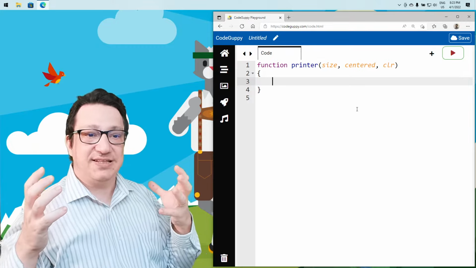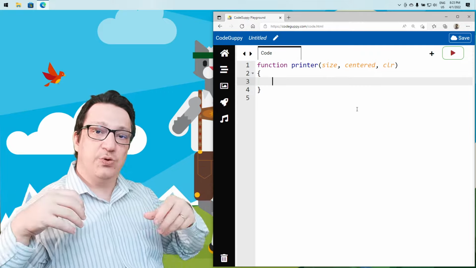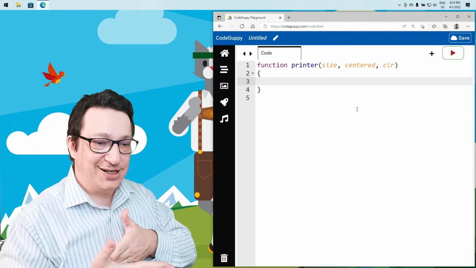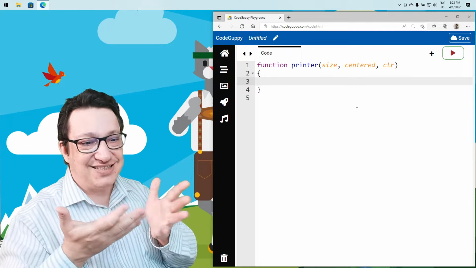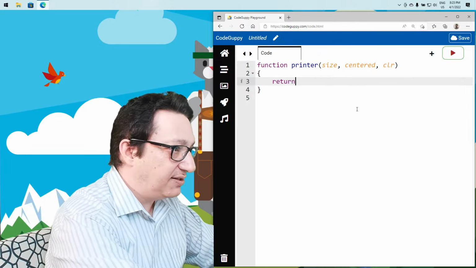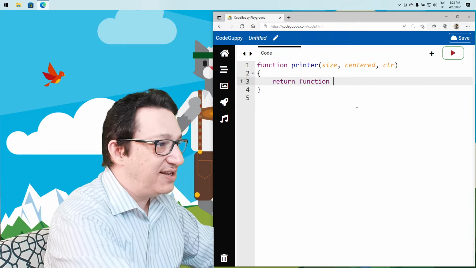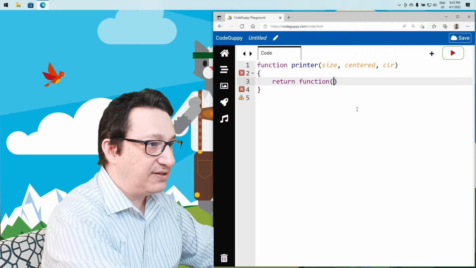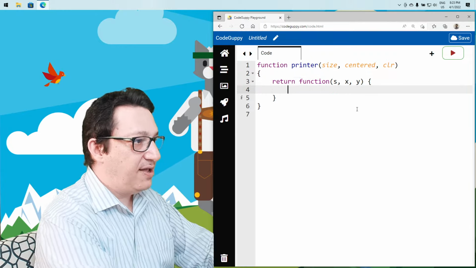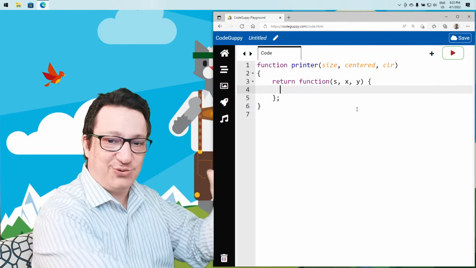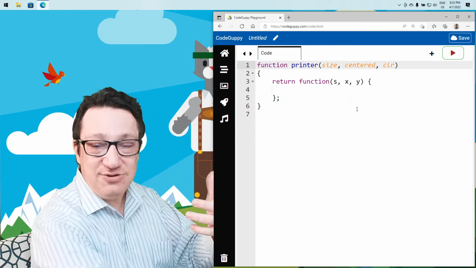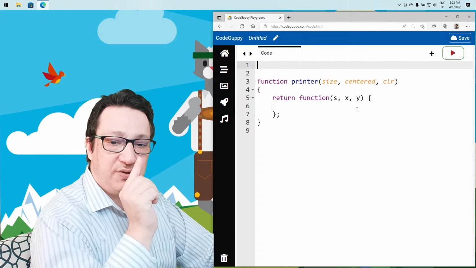So what we want this printer to be? We want to be a factory of functions. So we want to return a function that will actually print, right? And will print a text, at certain coordinates. So since we are not passing the text and the coordinates to the outer function, we will pass them to the inner function. So we're gonna return a function, an anonymous function we said, that takes as arguments perhaps a text that we want to display, like s, perhaps the string, at x and y coordinates, right? And that's it. We are returning the anonymous function. Of course, we are not finished here, but let's see how we're gonna use it, and then we're gonna complete the implementation. To use it, we're gonna say